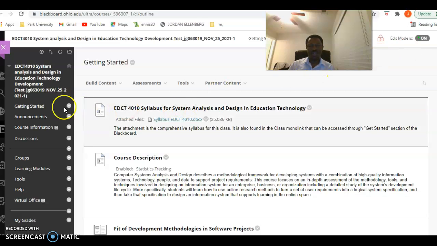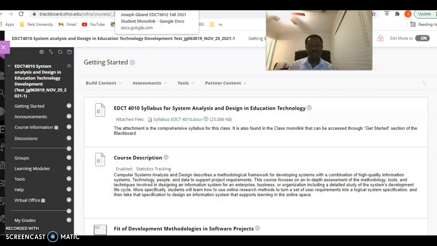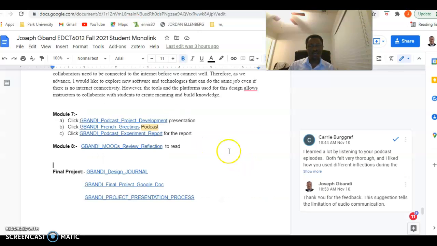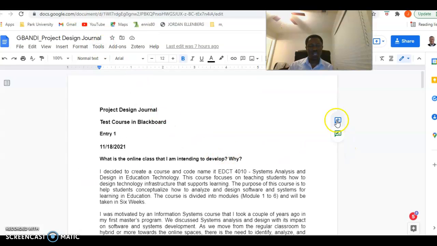So when you look at Blackboard, it doesn't give you the chance to do immediate review and do editing or corrections or comment on people's work immediately. You have to click certain things before you can do those comments. But with monolink, the Google Doc will give you access